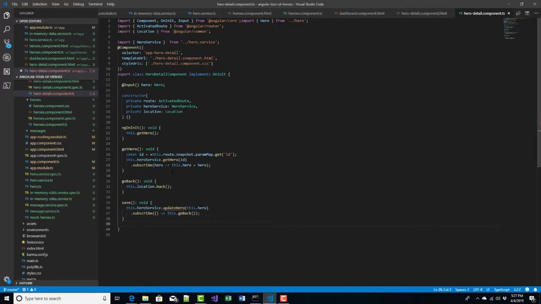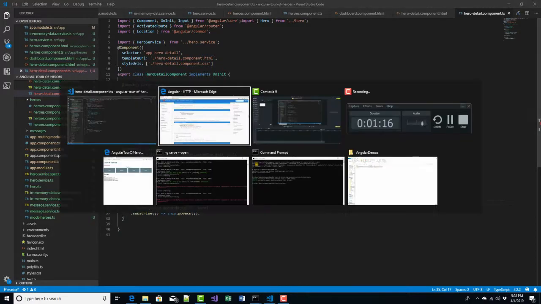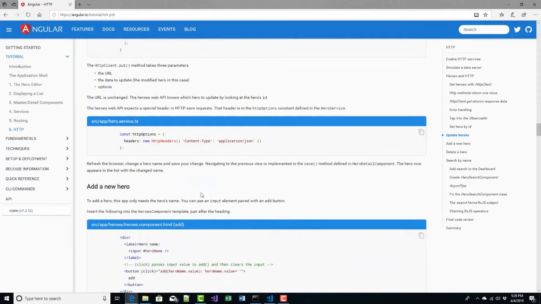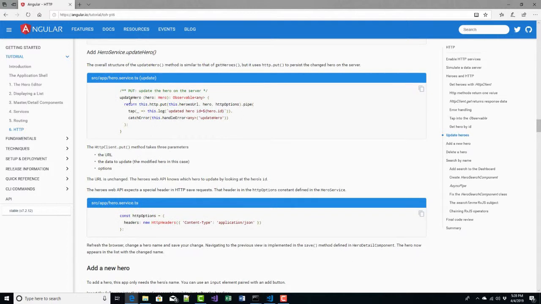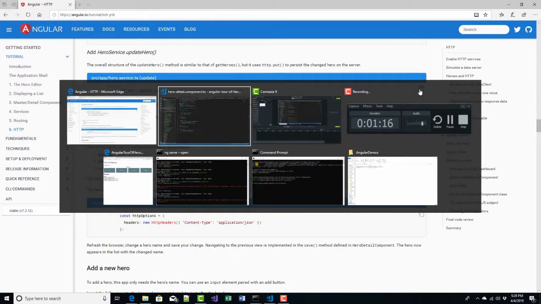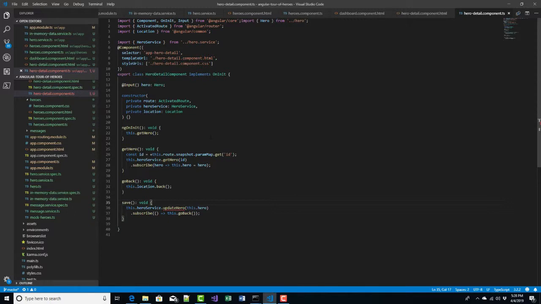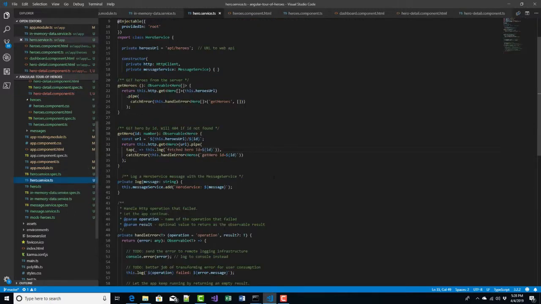And this will call the update hero method on hero service, and it'll pass in the current hero. It's an observable, so we're going to subscribe to it. Now we haven't written update hero yet, so let's do that in our service. Here, there's the update hero method. Let's add that to the hero.service.ts